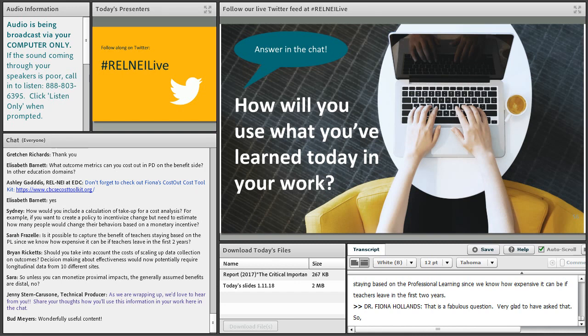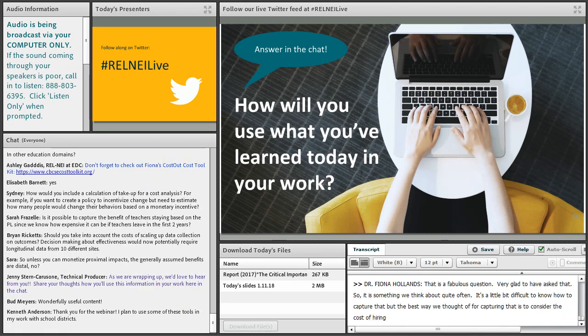It's a little bit difficult to know how to capture that, but the best way we thought of is to consider the cost of hiring new people in terms of the amount of time that's spent hiring someone, which, as you say, is really quite substantial. So if you can estimate the amount of time spent to hire one person,